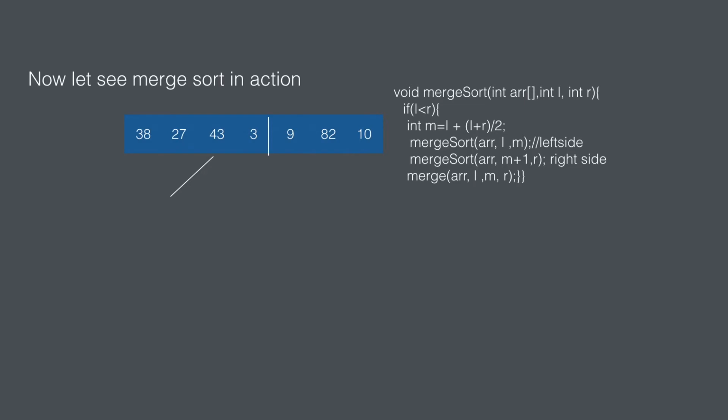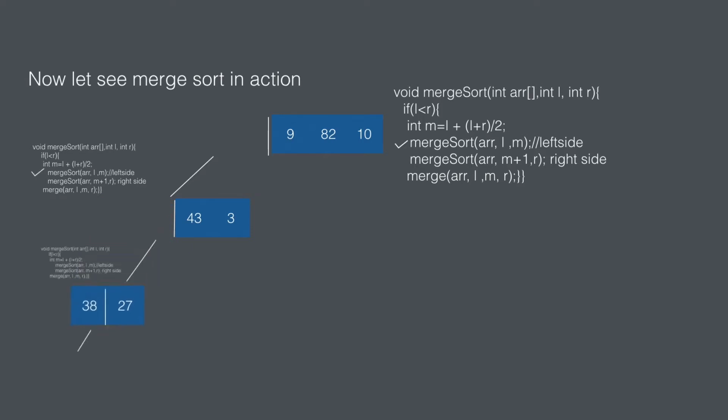So let's see how merge sort actually begins. You have an array here, of 7 elements, so you divide it into 4 and 3. I'm not going to go into the odd or even numbers, but here you can see that you are basically calling the function. I'm also marking which functions are called first. First the left functions are recursively called, and when the condition fails, when you are divided into one block and L is equal to R, you cannot call the left function more. Then you return and call the right function, and when the right function is also called, you sort and merge them, and then the previous right side will begin